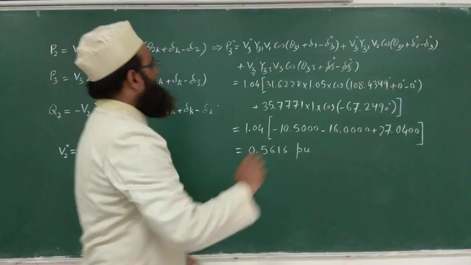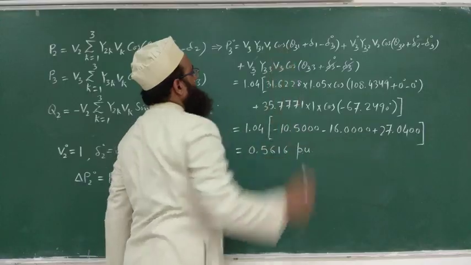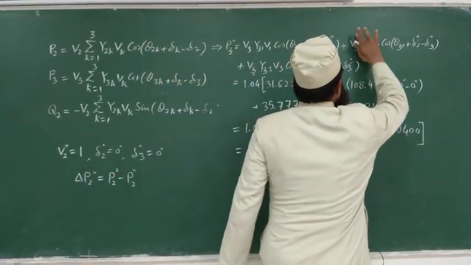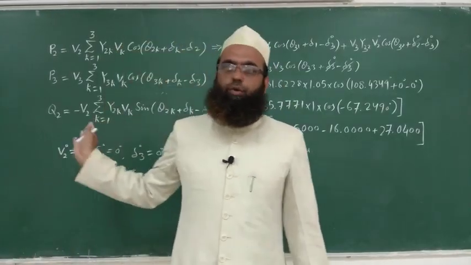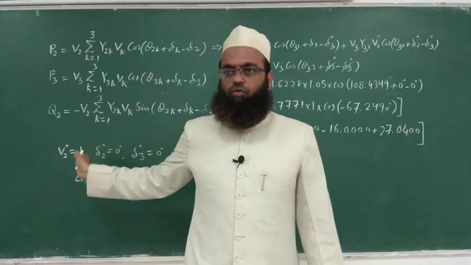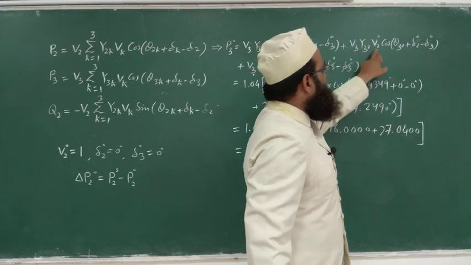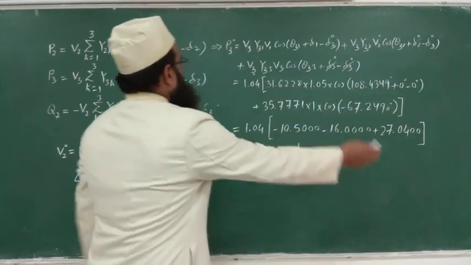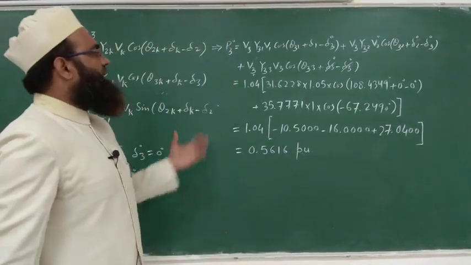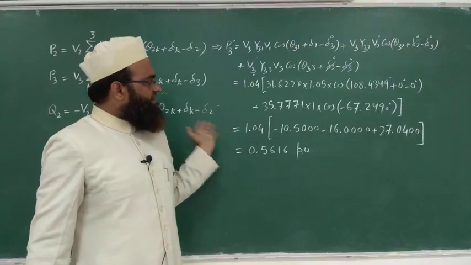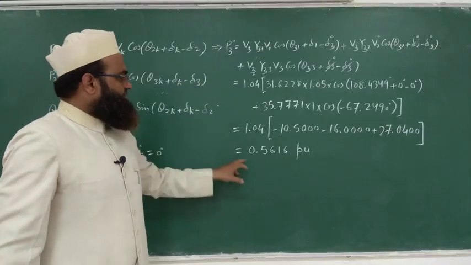So this time while writing P30, V3 is a specified quantity, not variable, but V2 is variable. So wherever variable is there, just write the values of R or R minus 1. So this is your first iteration, so R is 1, so R minus 1 will be 0, right? So check for the variables. This is specified. This is specified now. This is variable. Okay. This is specified. Fine. So after substituting the values of the specified and the variables, initial assumed values of the variables, you will get the value of P30 as this.